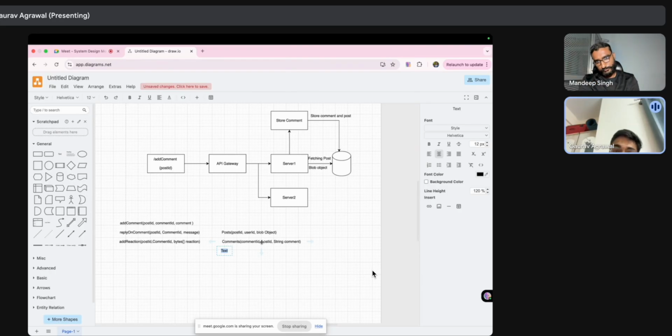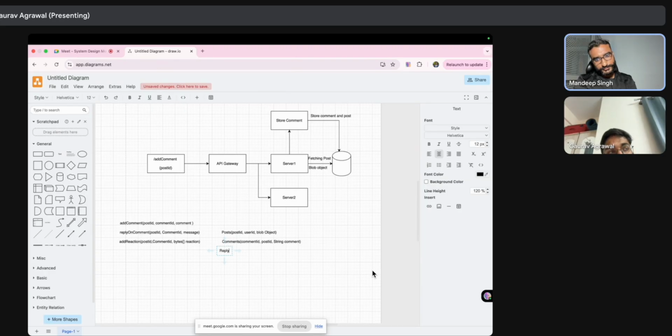So I think we have to create a separate table. What is the level of replies you are thinking to support? You have a comment and then a reply. Can there be replies to a reply, or only one level of comment and reply? I think only one level of reply, I have assumed till now.